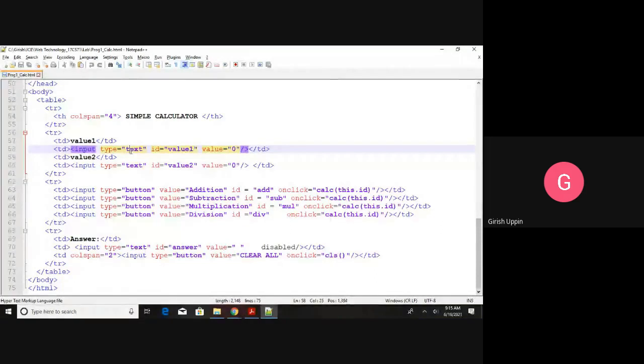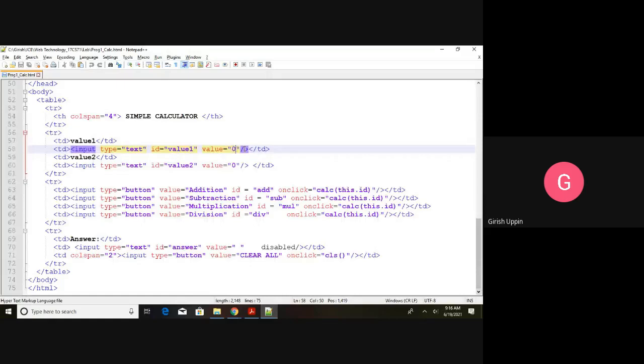I'm going to take it as text, then I'm going to parse it as an integer. So type is text, and I have given an ID called value 1 because I need to identify this element to get the value, and the initial value is set as 0. So whenever I load the page, you can see the initial value is 0. That initial value is coming from here, and this is the close of the input HTML element.